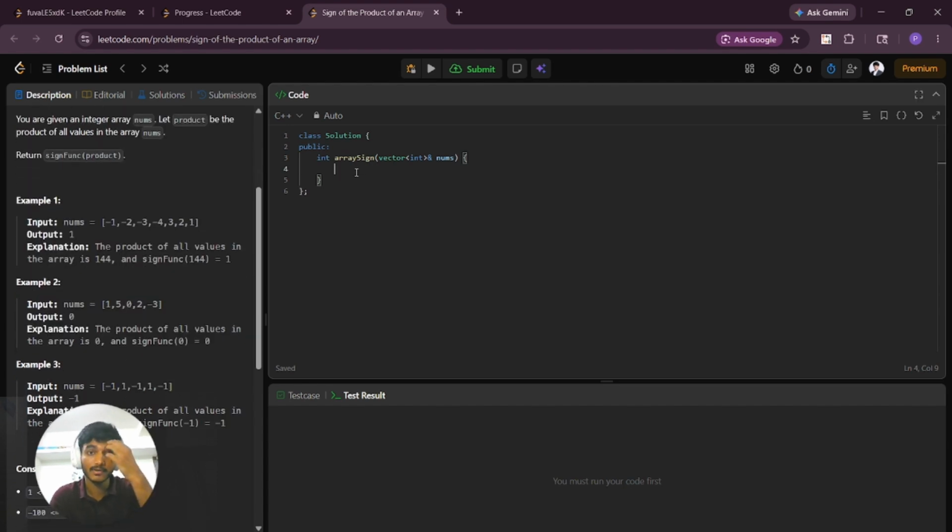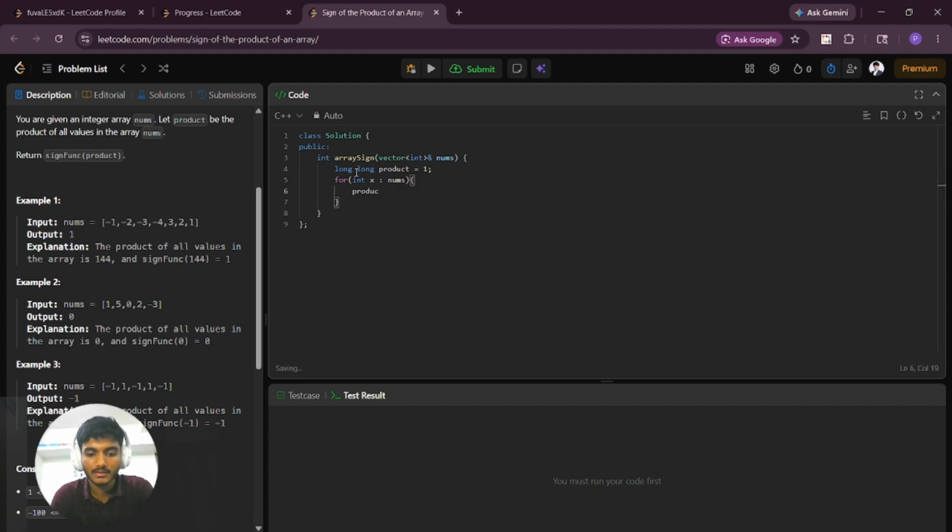So let's first do it with a brute force approach. We need to calculate the product of all elements of the array. First of all, we need a variable where we can store the product. I can use long because we are computing a product. Let's name it product equal to 1, because if we use 0, then 0 multiplied by anything will be 0. Then for int x from the nums,